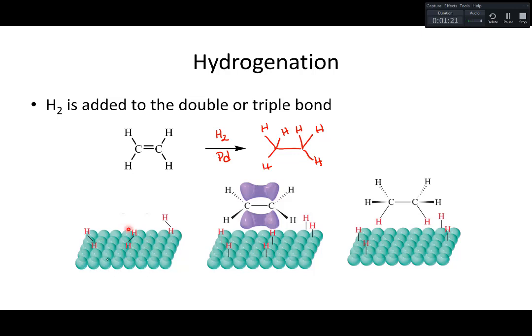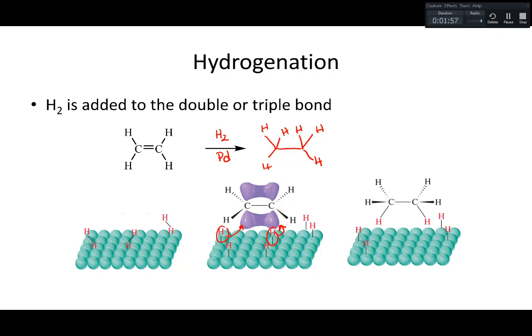A lot of times they'll say they're charging the metal surface. By that what they mean is the hydrogen sits on the metal surface and then bonds to the metal atom. So it breaks the bonds between the hydrogen atoms and attaches it to the surface of the metal. And then what happens is the alkene or the alkyne comes in contact with the surface and produces an alkane, and in that process picks up hydrogens like this